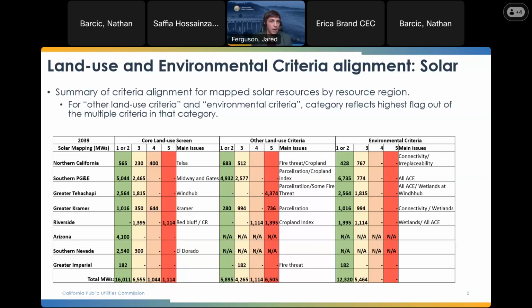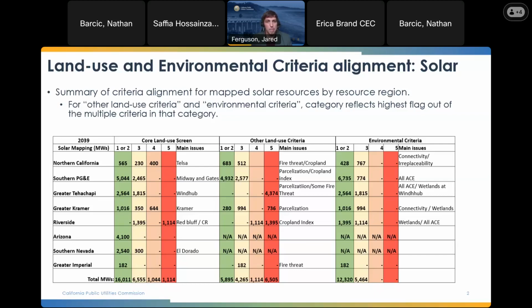For the core land use screen, most of those 2,000 megawatts of solar are at the Midway and Gates substations, where the amount of solar mapped is utilizing a good chunk of that low potential implication. And then you also see that we have about 2.5 gigawatts of solar that's either at level 3 for